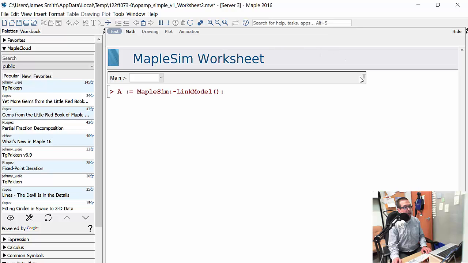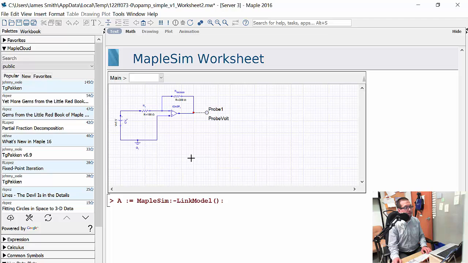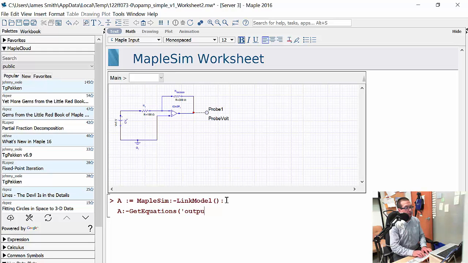So we can see right here, I click on that little gray arrow and you'll see the model is right here. That includes the voltage, the resistors, and the probe variable. I go down to this command right here that links in my model. I hit Shift Enter, and I do A:-Get Equations, output is equal to